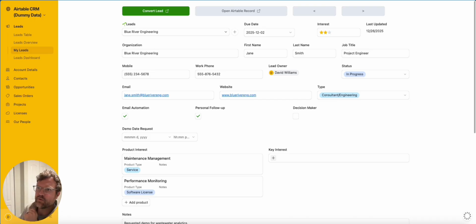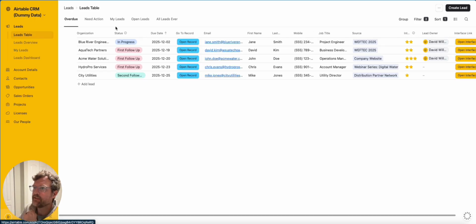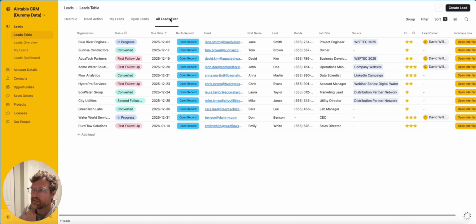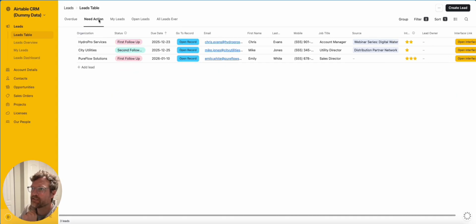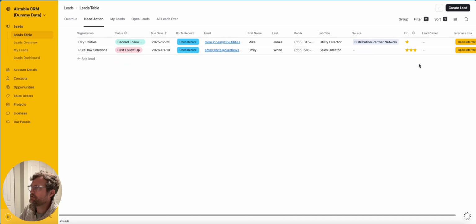First is your leads views. Here you can see all your leads ever, but the ones that are critical are the ones that need action. These show up in this view if either they don't have an owner or there's no due date. Once you resolve these, they are removed from this view, but every lead should have an owner and an action date so that you can make sure all the leads are being followed up with